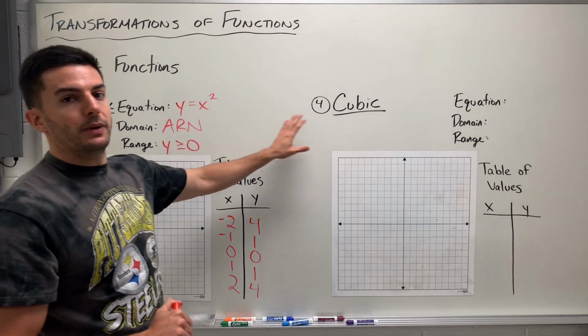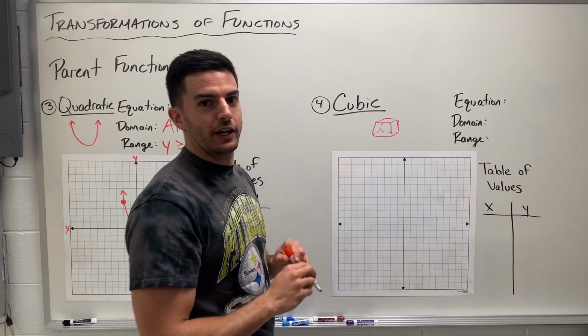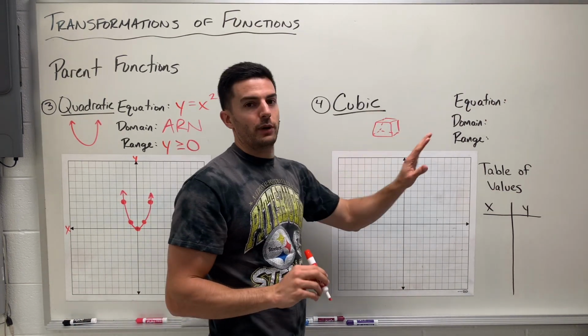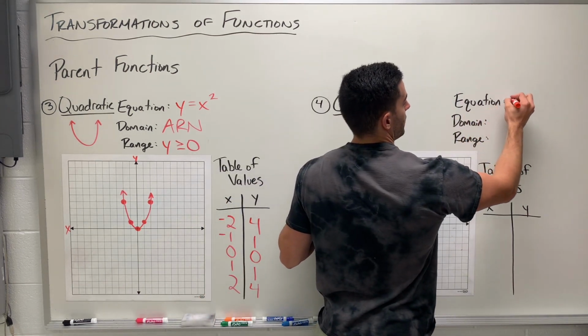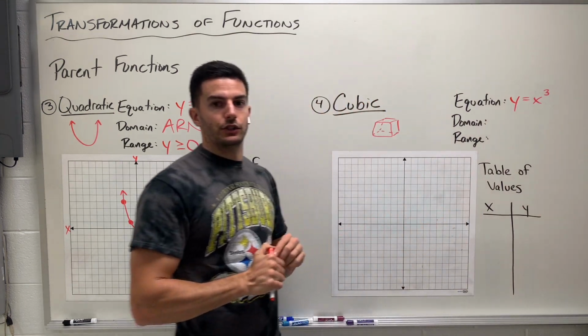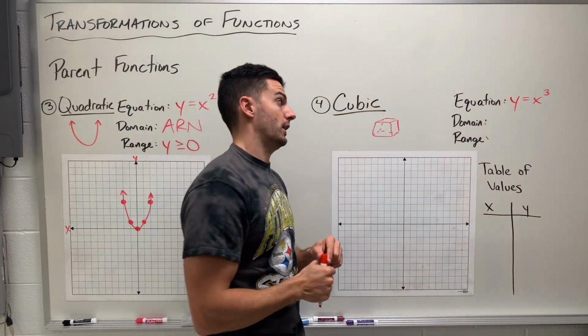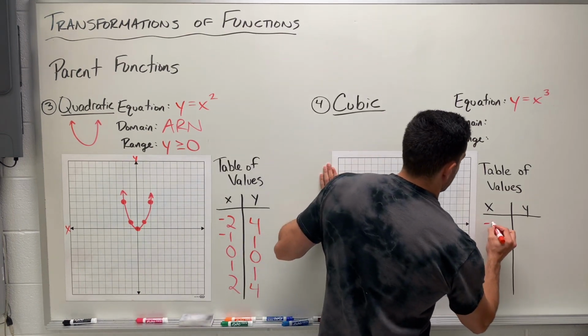Now cubic, you might not be familiar. We're not talking this kind of cube here. We're talking cubic. That's the word for x to the third power. So the standard equation would be similar to quadratic, but it would be y equals x to the third power. So when we think about this, if we pick our same standard x values,